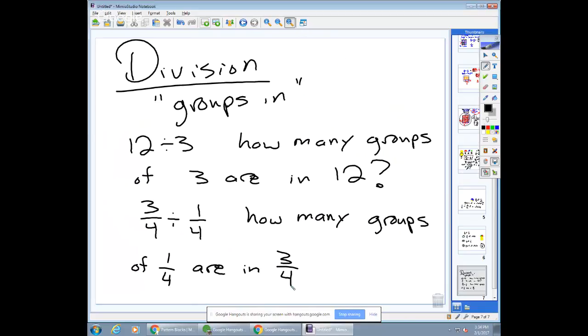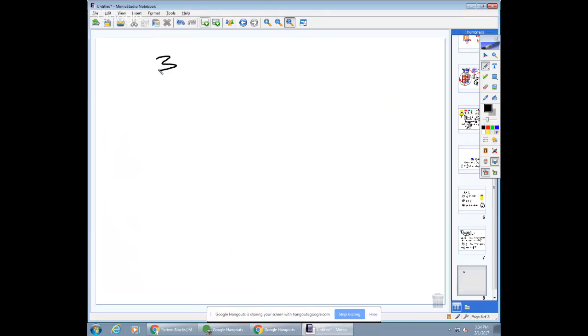So this is different than multiplication in that I need to see the 3/4 and I need to see the 1/4 to make it happen. So if I'm going to draw that in terms of cakes, 3/4 divided by 1/4,